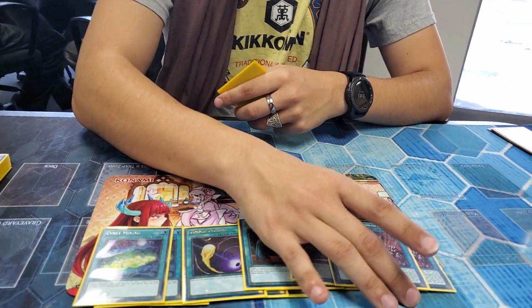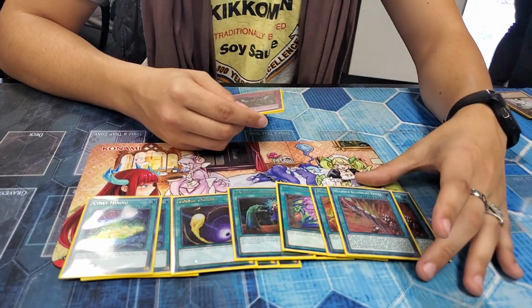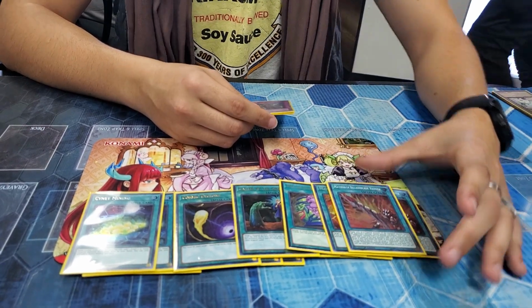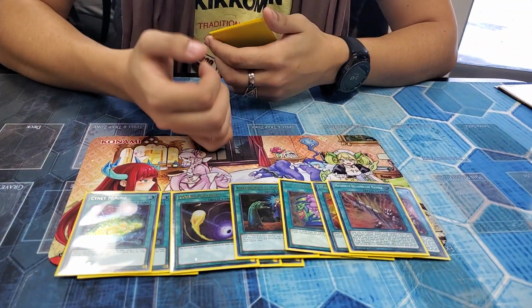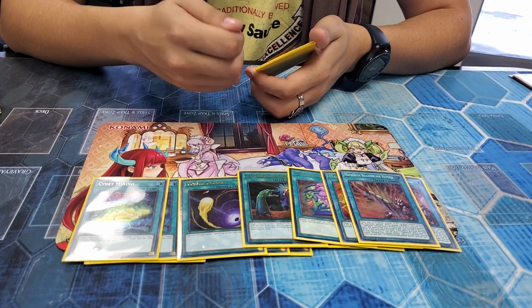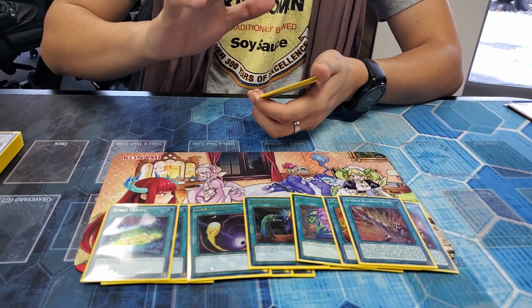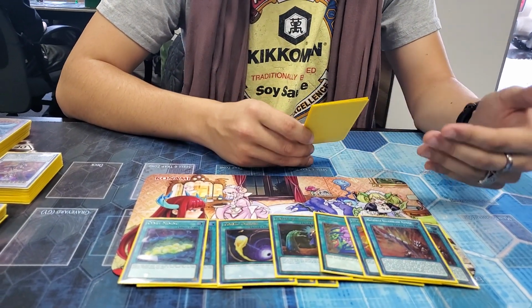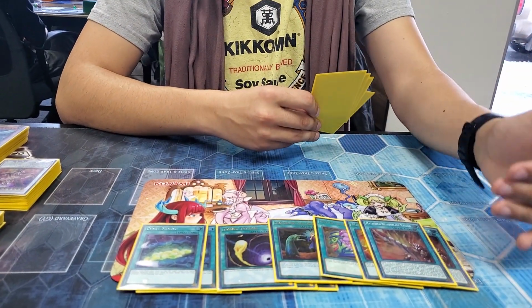Lastly, we run 2 of the Equip spell. This Equip spell is really good, I just never actually saw it. That's a problem with that card. The way it works is that you equip it to a Cyberse monster, and if that Cyberse monster battles, you can send a MathMech monster from your deck to the grave, and that monster gains the